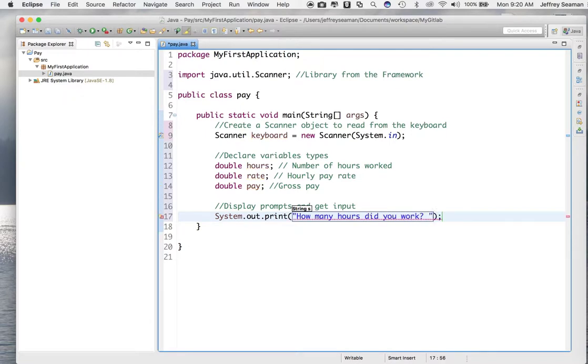Okay, so then we're going to do that. Now that we did the print, we need to have it go to the next line. But we need to detect what the user inputs. We asked a question, but we need to detect what the user inputs. So what we're going to do here is say, okay, let's do hours equals keyboard